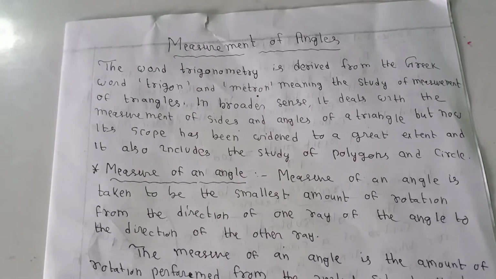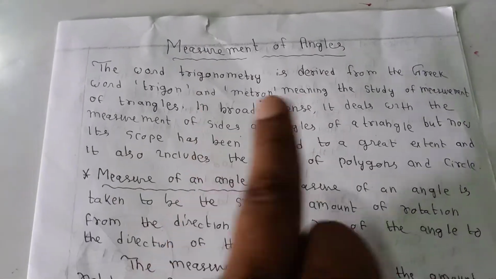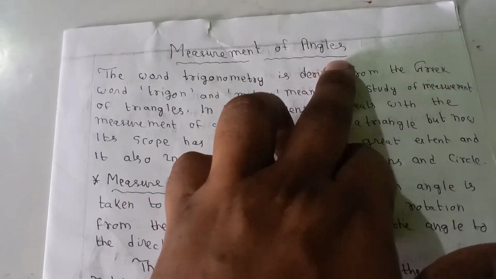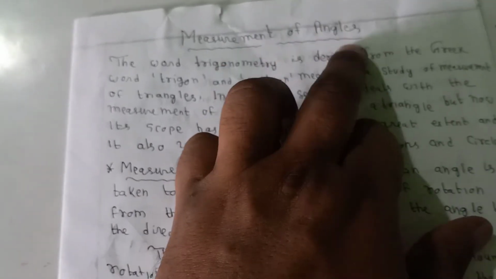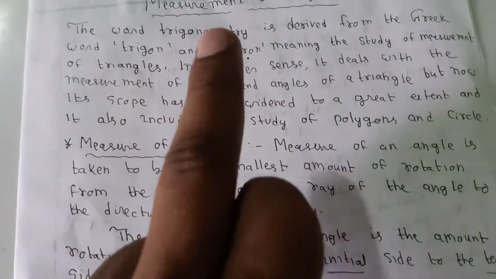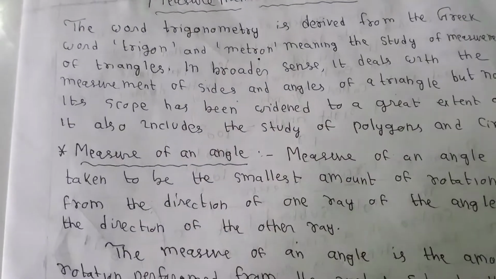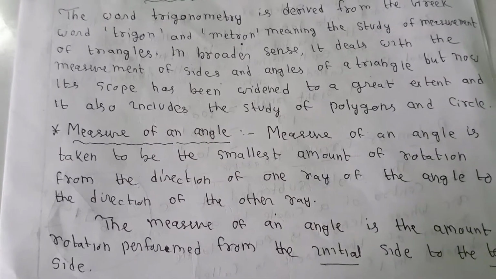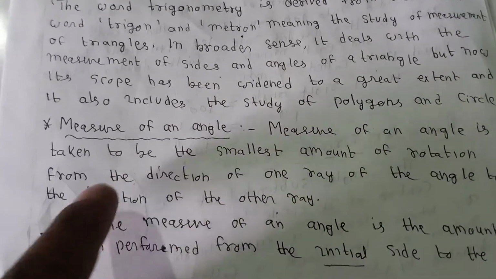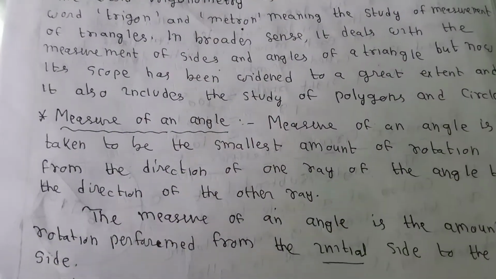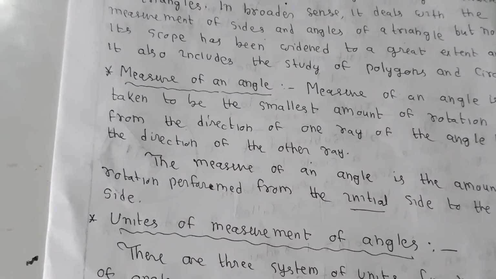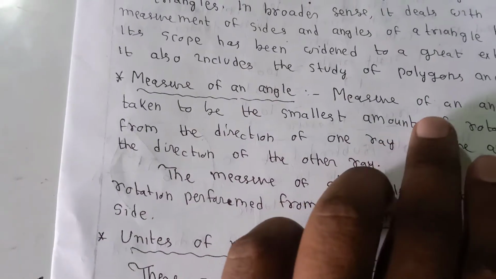Everyone. Today we discuss the topic measurement of angles. We are also familiar with angles and trigonometry. The word trigonometry is derived from the Greek words trigon and metron, meaning the study of measurement of triangles. In a broader sense, it deals with the measurement of sides and angles of a triangle. But now its scope has widened to a great extent, and it also includes the study of